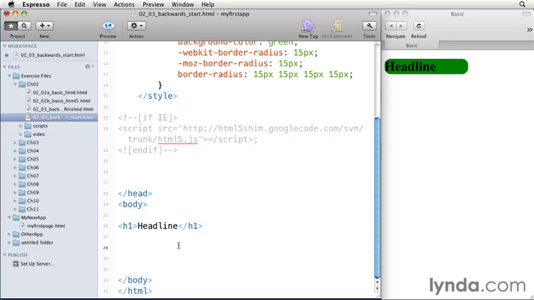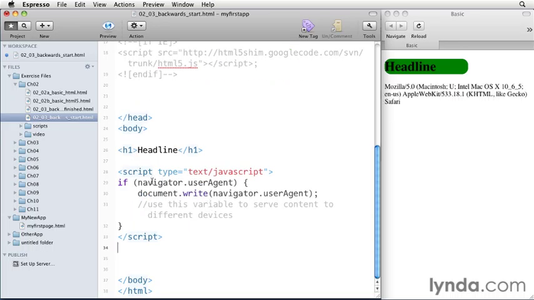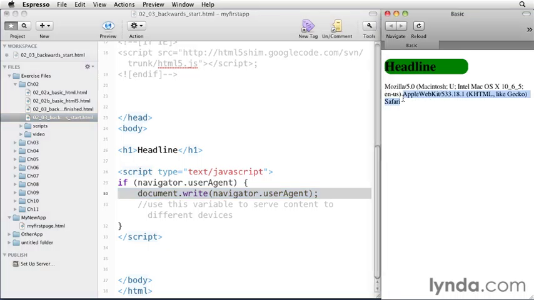So I'm going to add a piece of code here that detects the current user agent and prints it out to the screen. So you can see here, this is identifying this browser as a Mozilla 5.0 compatible Macintosh browser that uses Apple's WebKit for display. Every browser and every device has a very specific user agent that you can trap and then use to target